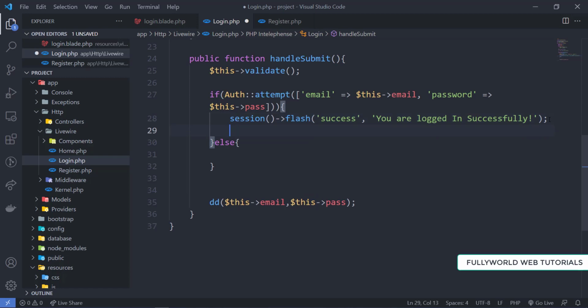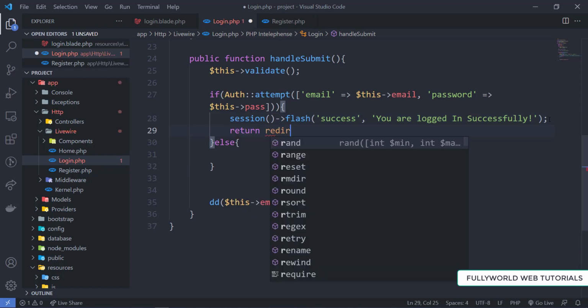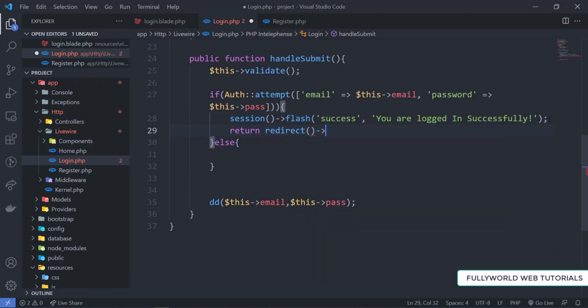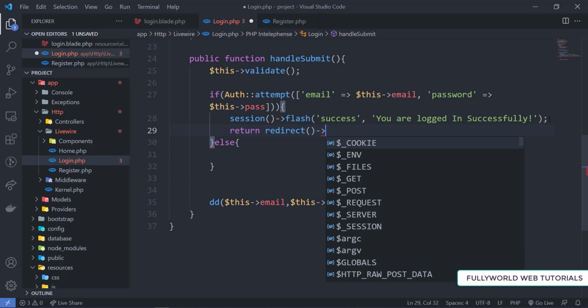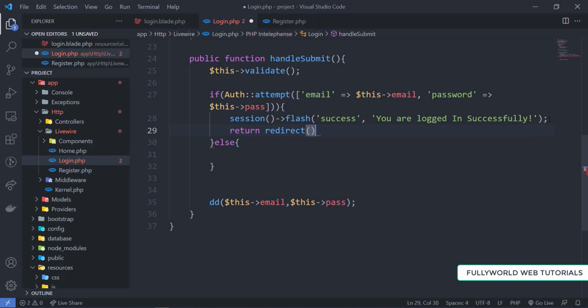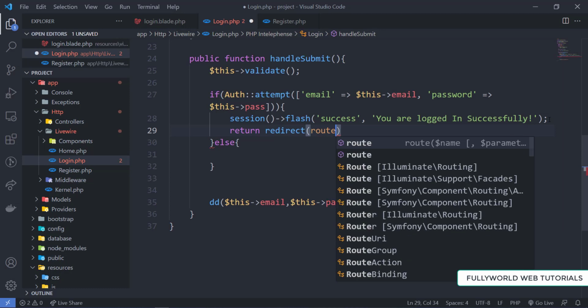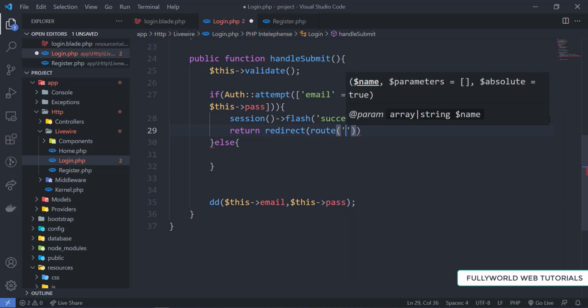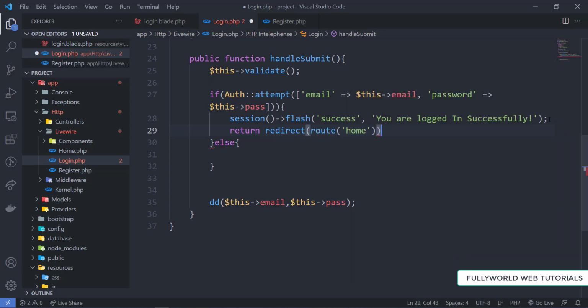And then we will return and redirect to route, and that route name will be home.